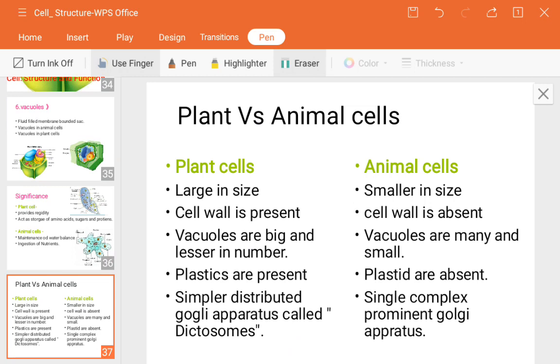Now we will see an overview of the eukaryotic cell and prokaryotic cell. See guys, eukaryotic cell means a cell which has a well defined nuclear membrane and a definite nucleus. The eukaryotic cell is a cell which is present in complex body structures like human beings and other animals. Okay, but the prokaryotic cells are only present in the plant cells.